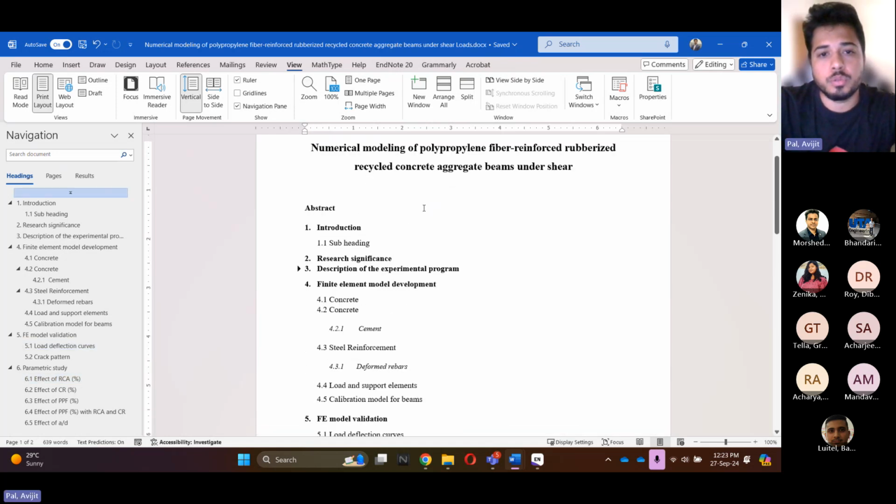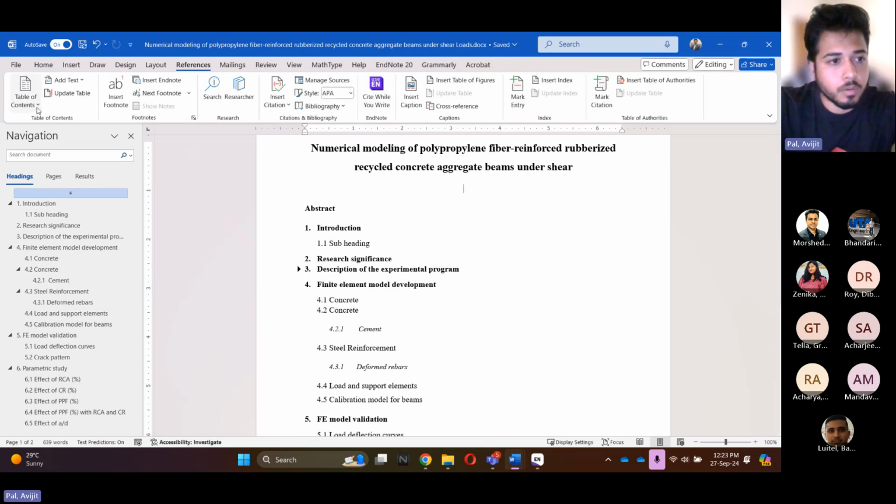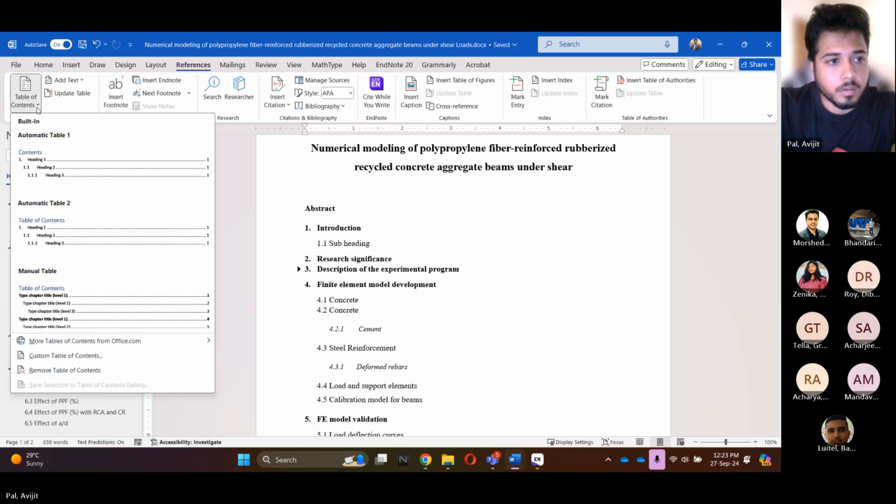Also, this is important for adding the table of figures for reports and all. Maybe if you were writing a book or a dissertation, you need the table of contents. For that, you need to go to the reference tab. Here, if you click on the table of contents on the left side of your tabs, there are multiple